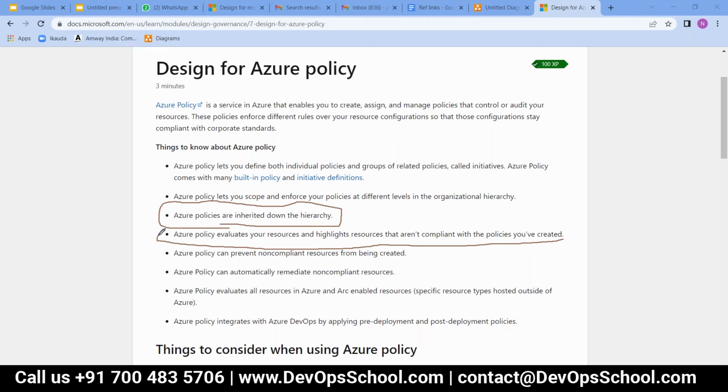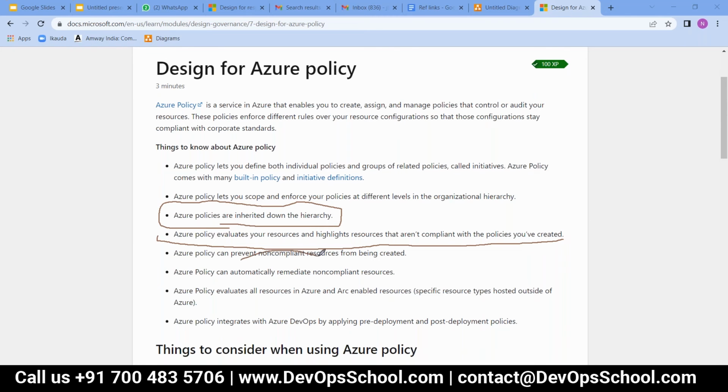Overall, it is more on the compliance part, when a particular resource is not following the rules. So how do you single out the resources that are not following the policy that you have? It is a kind of compliance.